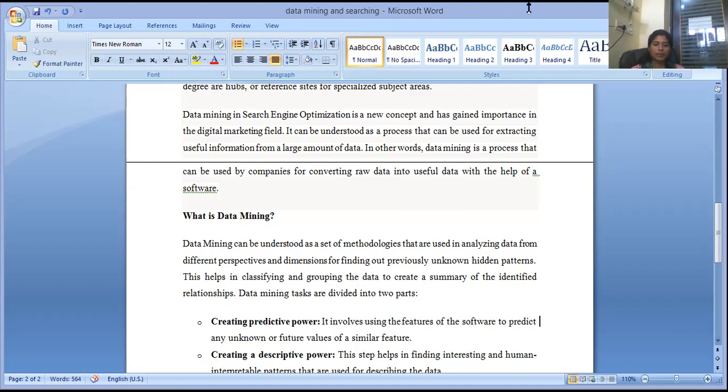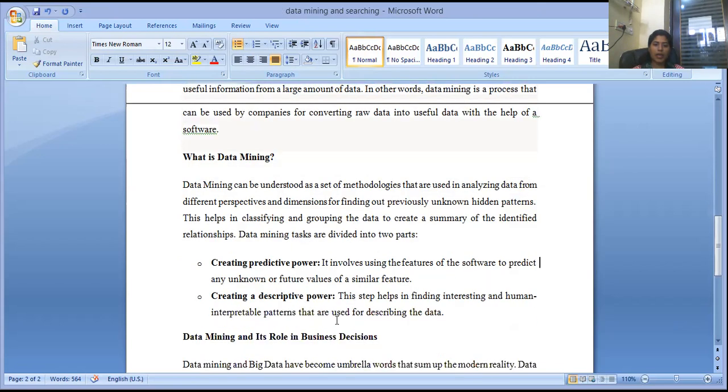Here data mining tasks are divided into basically two parts. First is creating the predictive power, and second is creating the descriptive power. And what is creating the predictive power? This basically involves using the features of software to predict unknown and future values of similar features. So suppose you are getting